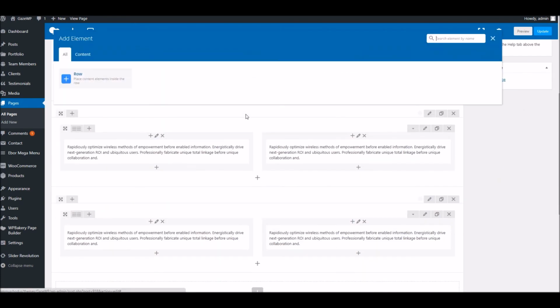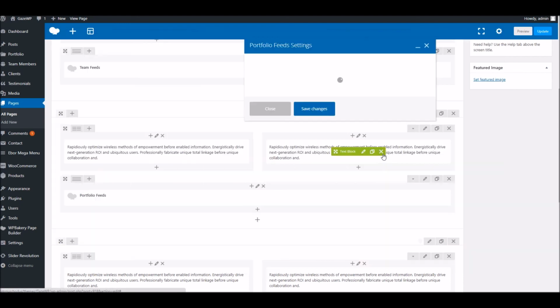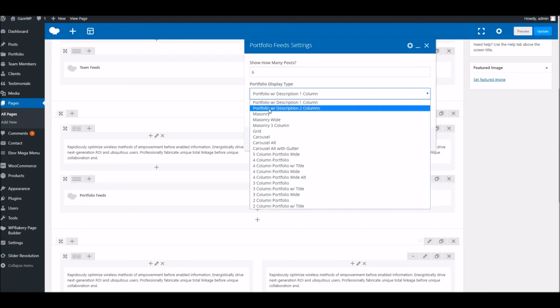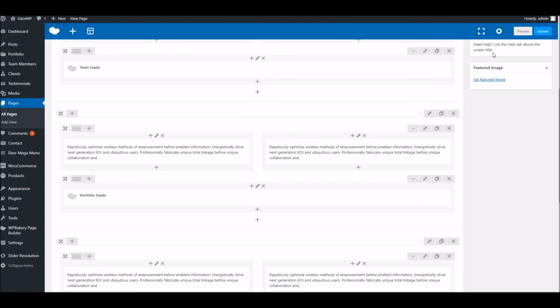And in the section below that, I think I'll pop a portfolio feed in. And again, within the particular block, we can choose one of the many different layouts we've got here. If we update,